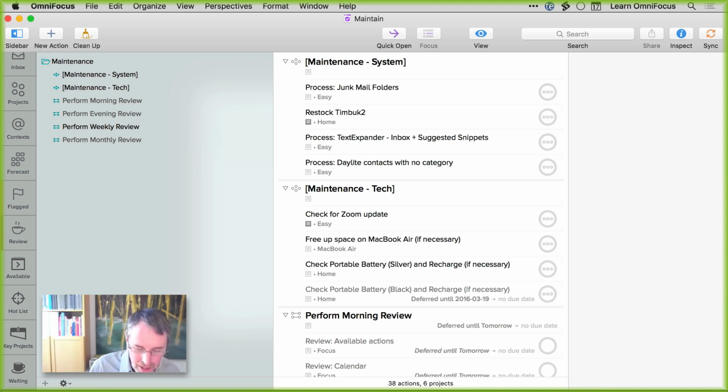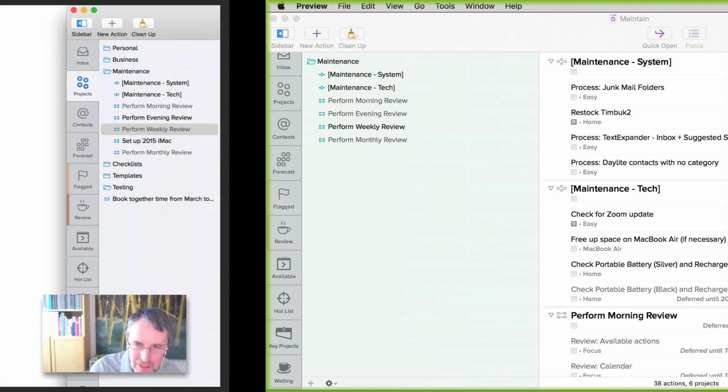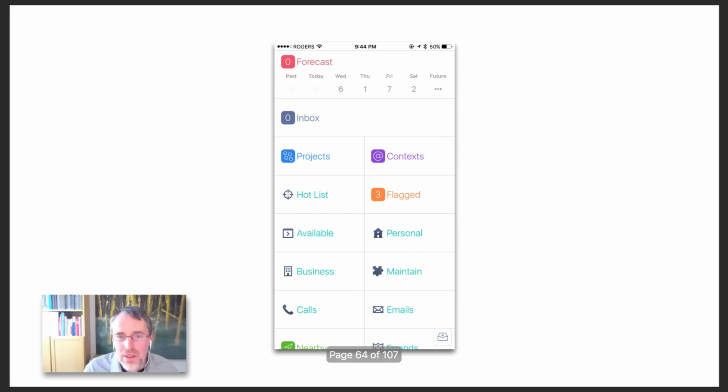Okay, so that's the essence of the routines. Just a couple more things to share here. This is what my iPhone, I have a 6 Plus, currently looks like. I want to make sure I can get to things as quickly as possible, so I've customized the views. All the things I'm likely to want to see from the iPhone, especially when I'm out and about, are